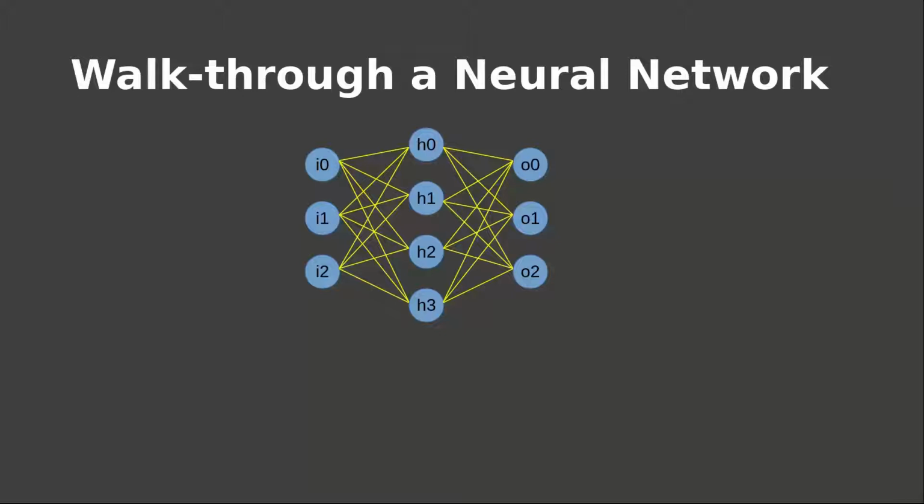They're all interconnected, and each of those edges has a weight associated with it. So we're going to multiply the values coming from the input neurons by the weights and present that as a sum into the hidden layer neurons. So the hidden layer neurons then activate the activation function. They're going to translate that input into the sigmoid function, and then we're going to repeat this whole process again,